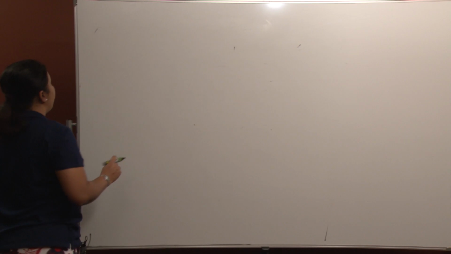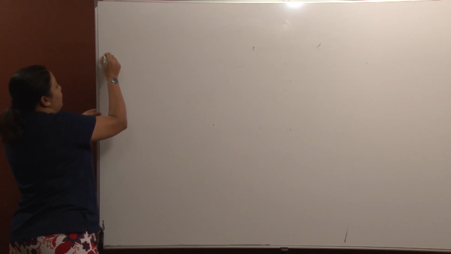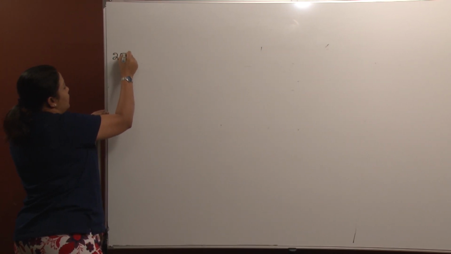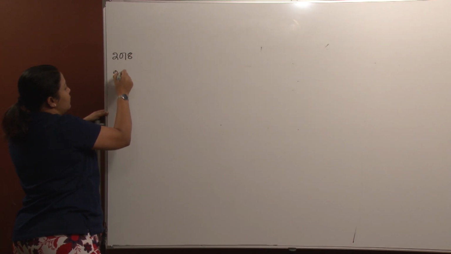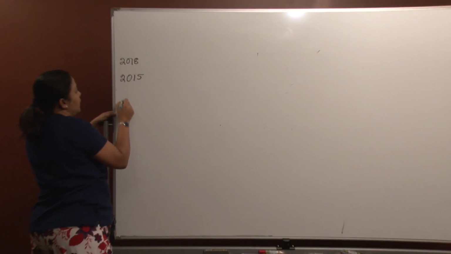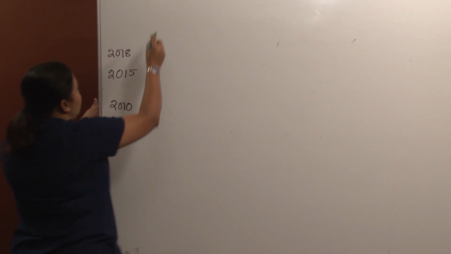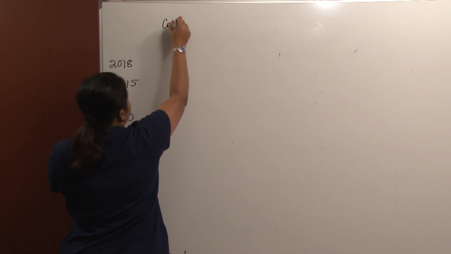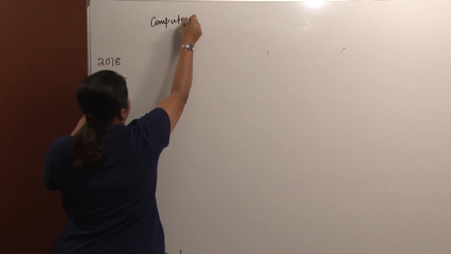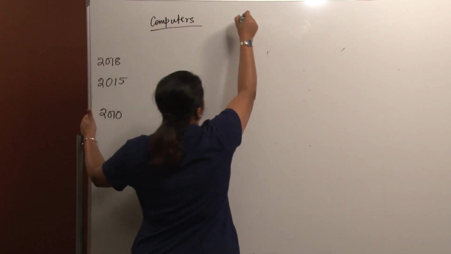So, let us say we have an economy and we have 2018, 2015 and 2010 numbers given to me, and this economy produces computers, those are the goods, computers,